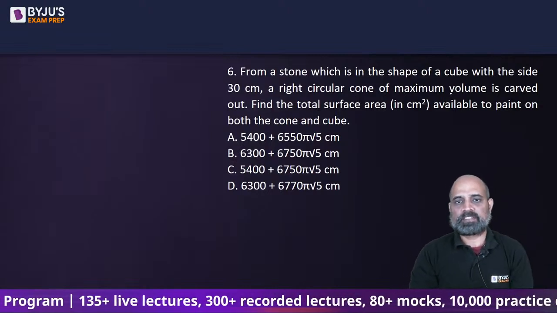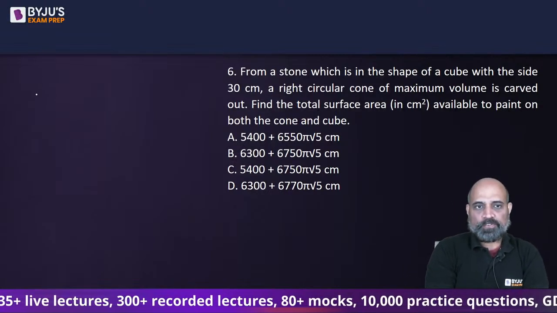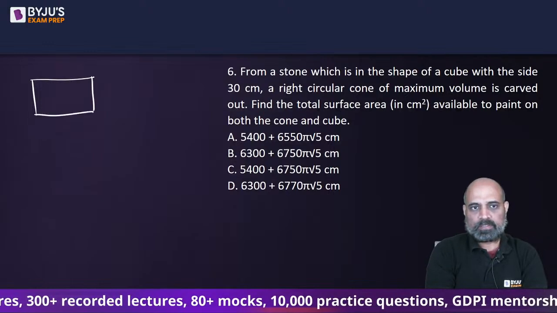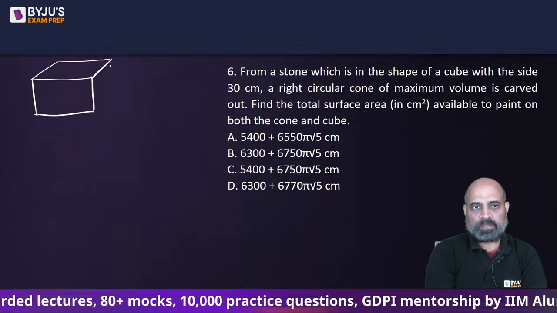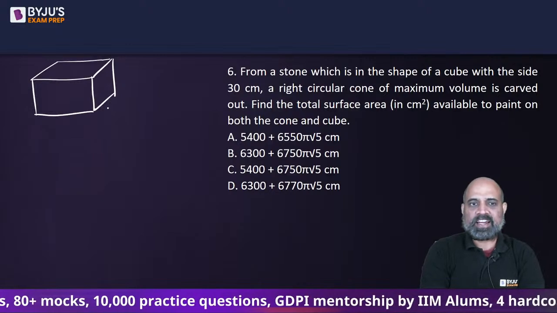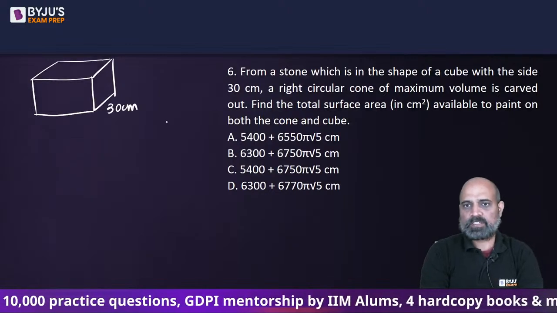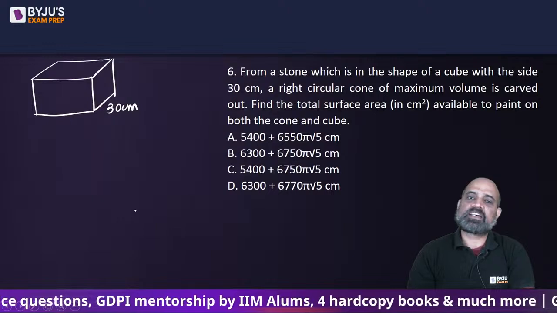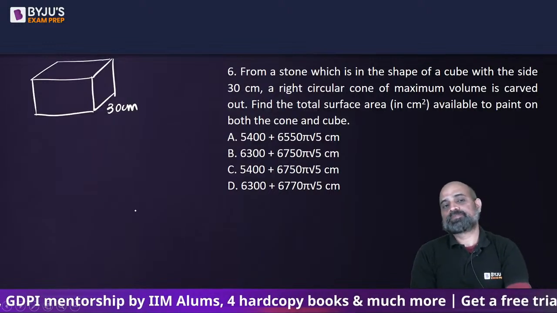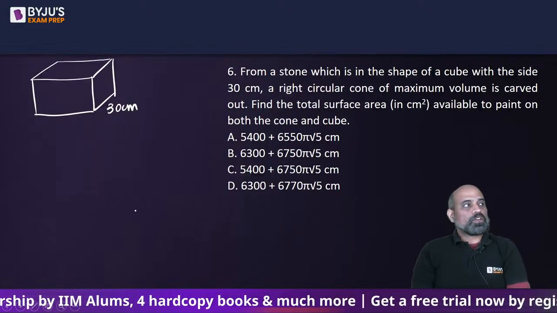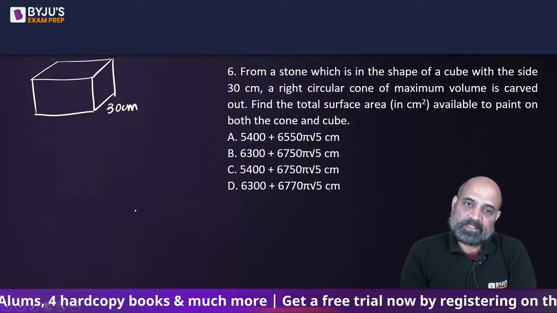Okay, now this will make sense. So we have a cube here whose side is 30 centimeter given to us. Now we need to carve out a right circular cone of maximum volume. So if we need that,